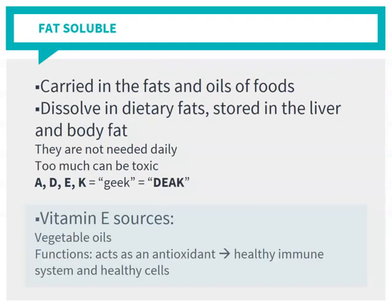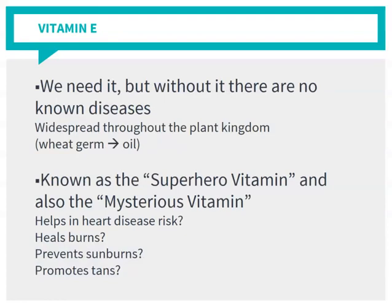Vitamin E. So vitamin E is our superhero vitamin. There is a lot of information out there about what vitamin E does. We find it in vegetable oils. It acts as an antioxidant, so it helps our immune system and healthy cells. So it's known as the superhero vitamin. It's also known as the mysterious vitamin, though. It's the most exploited cure-all vitamin. You probably see information a lot about it. It's the best antioxidant. It prevents oxidative reactions. It minimizes free radicals, and there are studies about it. There are lots of studies in regards to vitamin E,